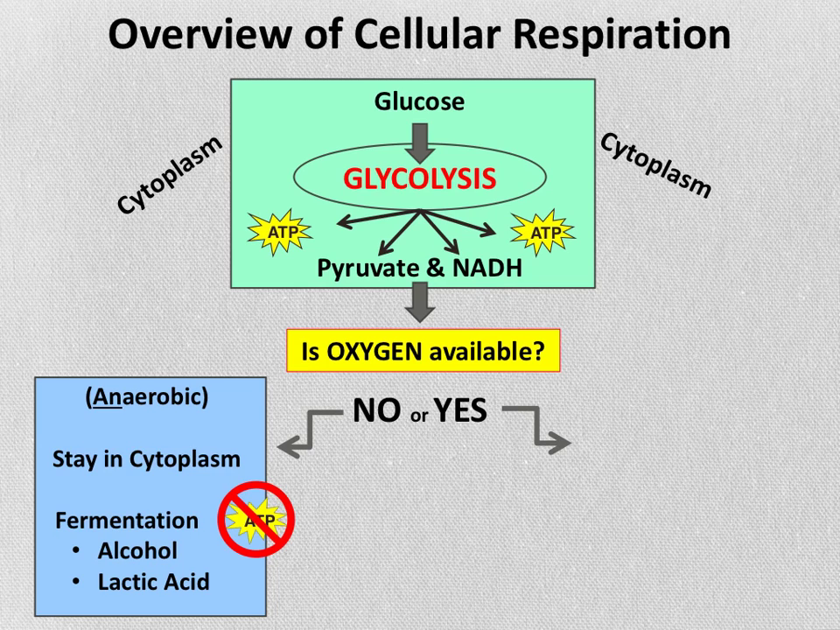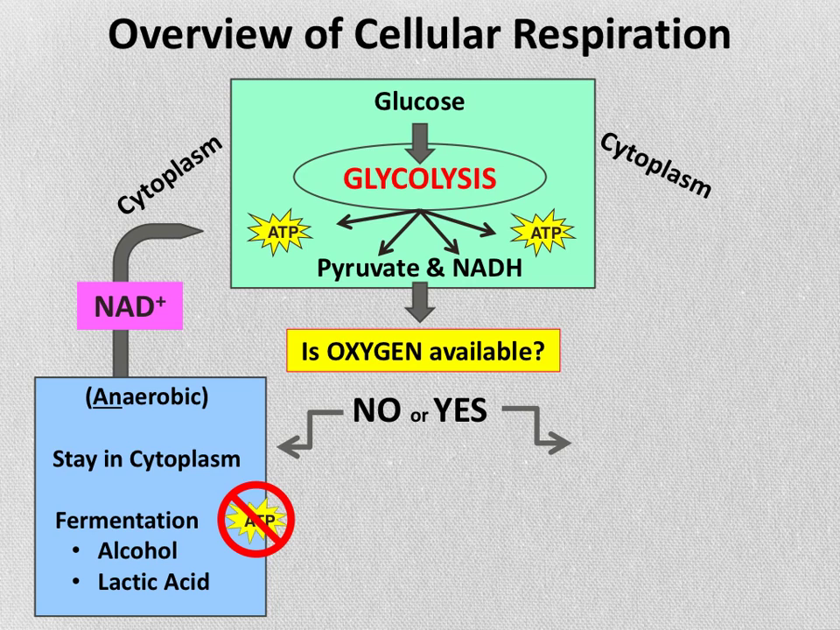It doesn't require oxygen. And depending on what kind of an organism you are, you might carry out alcohol fermentation, like yeast and other microorganisms do. Or if you're an animal like we are, then you'll carry out lactic acid fermentation. But neither type of fermentation process directly makes ATP. But there is a benefit. The benefit of either type of fermentation is that it releases NAD positive back to the cytoplasm. And that NAD positive is necessary to keep glycolysis running and producing the bit of ATP it can until oxygen